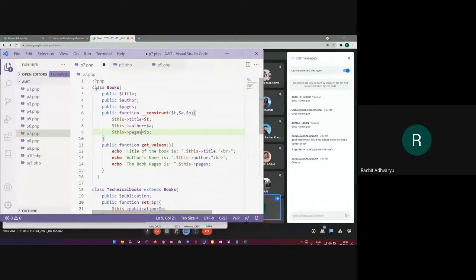So in the class book, I have used the constructor to set the values of title of the book, author of the book, and the pages of the book, and I have used the get values function for printing all those details.